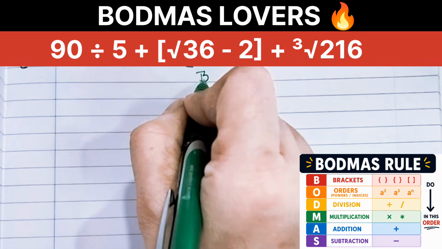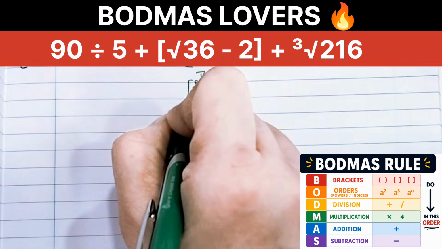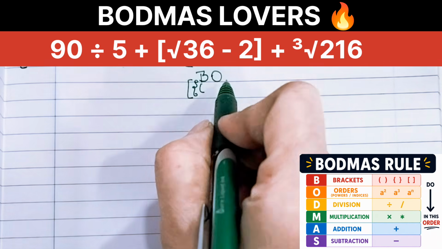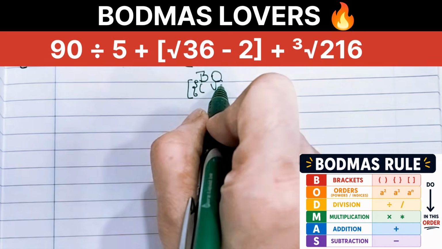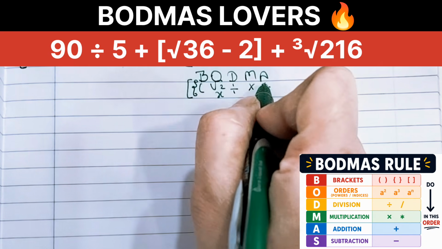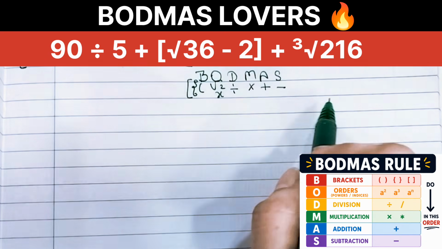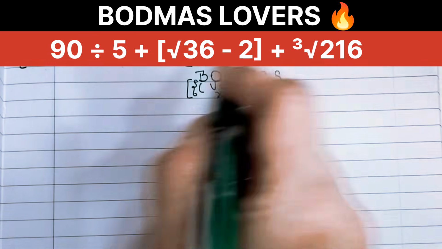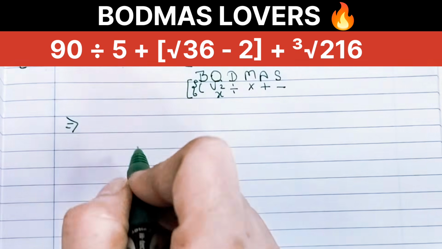Here is the step-by-step simplification of this math problem by using the BODMAS rule, which dictates the correct order of operation. First we solve brackets: small bracket, curly bracket, then square bracket. O stands for order, where we convert into multiplication, we solve roots and exponents. D stands for division, M stands for multiplication, A stands for addition, S stands for subtraction. Now according to this BODMAS sequence, we'll break down this expression by step-by-step solution.